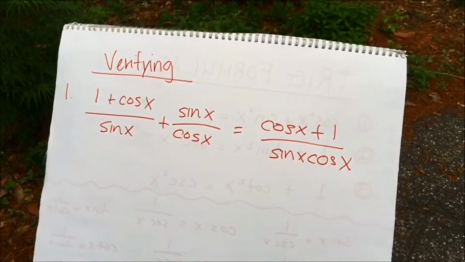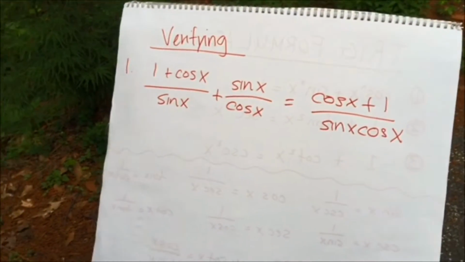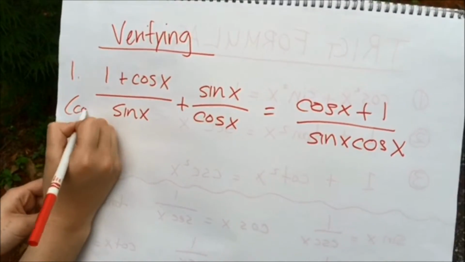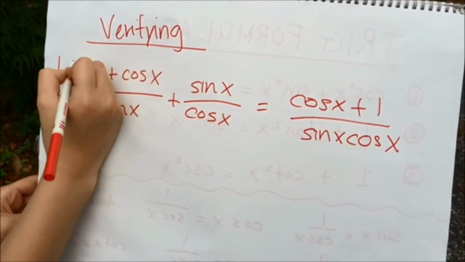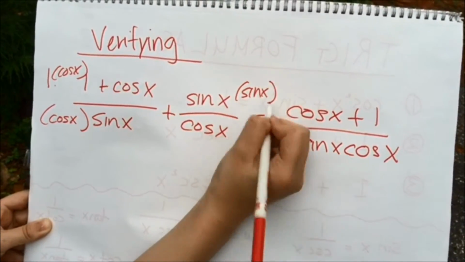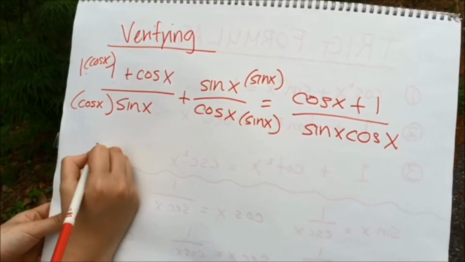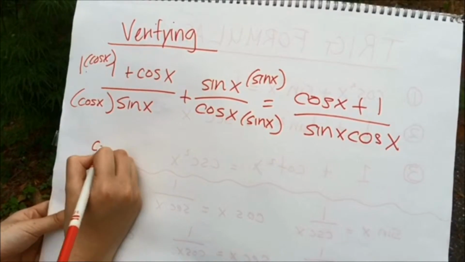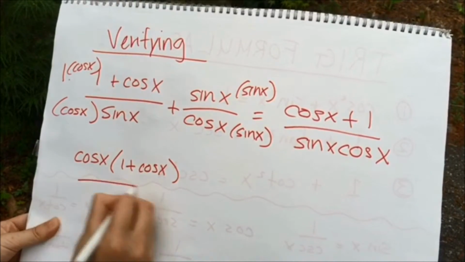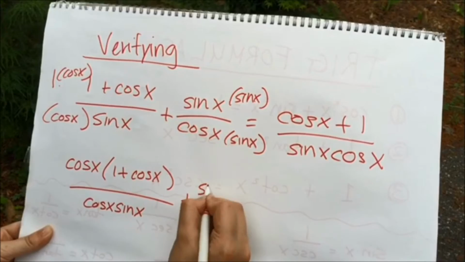For the final round, verifying. Go. First, you gotta find the common denominator. So you multiply here by cosine x and here by cosine x. And then multiply here by sine x, because you multiply here by sine x. And then you multiply the top and the bottom. So it's cosine x times 1 plus cosine x over cosine x sine x plus